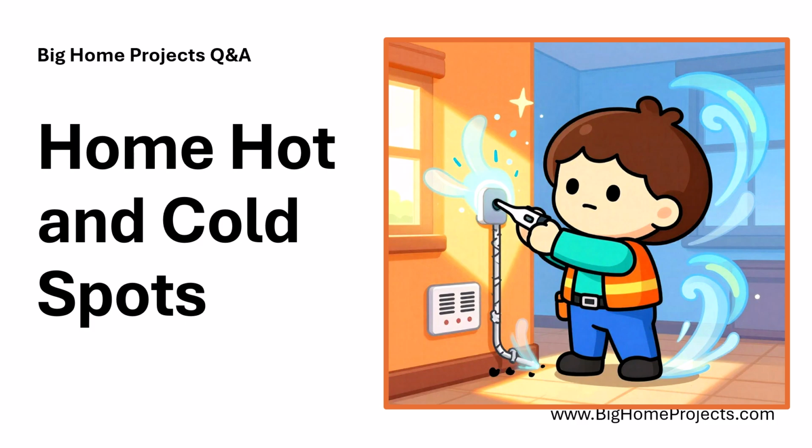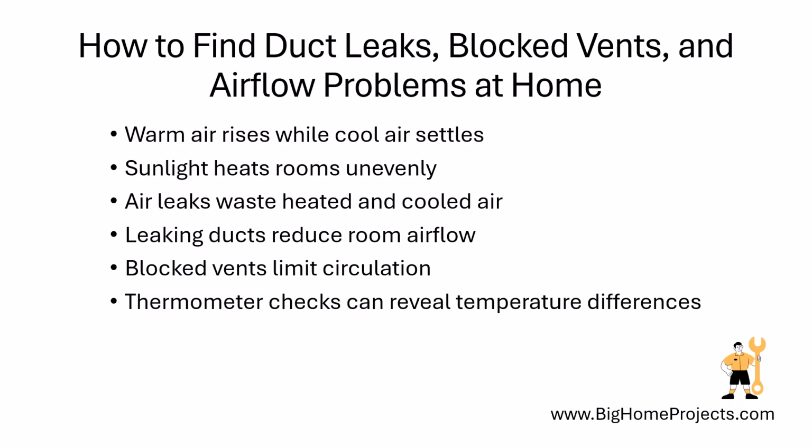What causes hot and cold spots in my home? Hot and cold spots are usually caused by uneven airflow, poor insulation, air leaks, sunlight, and rooms that do not have enough return air. Warm air naturally rises while cooler air settles lower, so rooms on different floors can feel very different. Sunlight can also heat one side of the house, especially through large windows or rooms facing west in